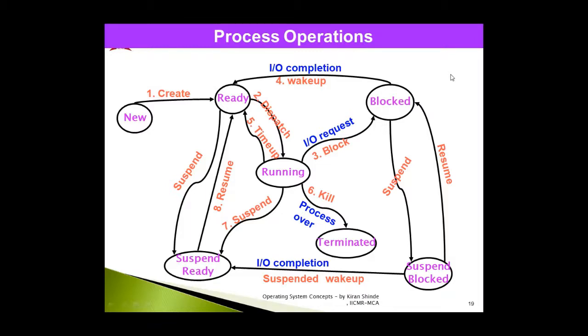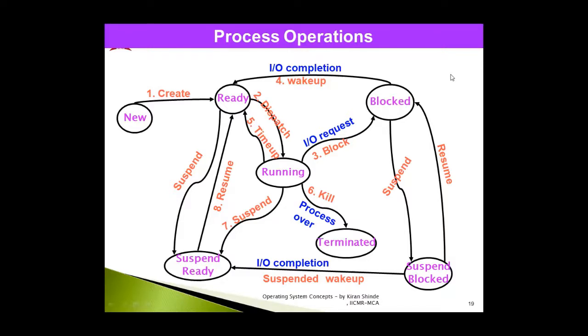So let us start with the first, that is create. Create is the first operation, which is performed when a new process is created in a new state. If you see serial number 2, that is dispatch, and it is shown across the ready state. We have understood that when a process is ready to be executed by the CPU, or it is waiting for CPU time and it is ready with the required resources, then this second operation will be performed, that is dispatch. It means that particular process will be dispatched to the CPU so that it changes its state from ready to running.